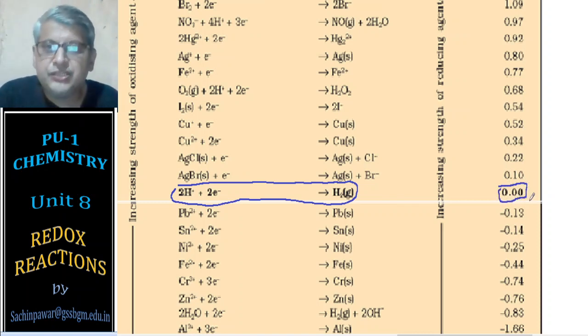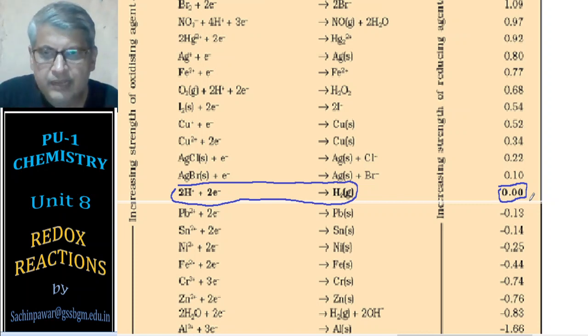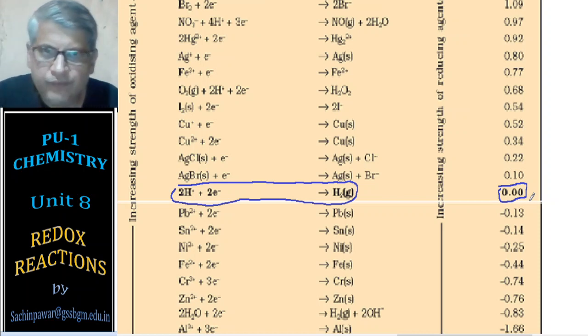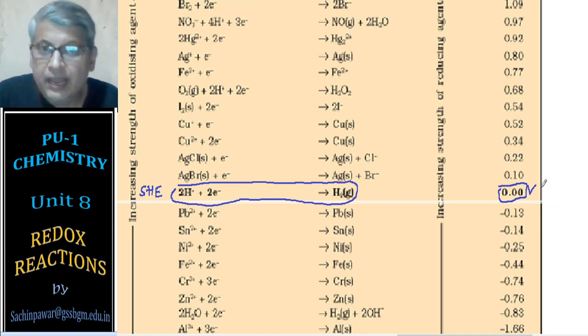This is just a convention, and with respect to that, we find out the potential of the remaining ones. How to find that you will learn in second year electrochemistry. For SRP, this is called SHE, the standard hydrogen electrode. Its potential is taken as 0 volts, and it is found that